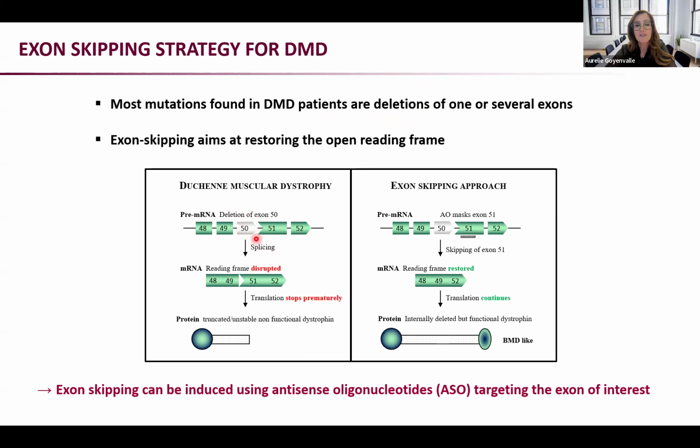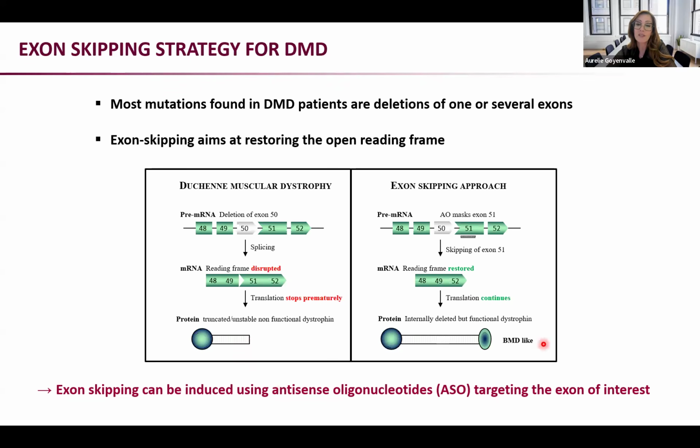And the deletion of exons most of the time disrupt the reading frame, as it is the case here, where exon 49 and 51 are not in frame. And so you have the appearance of a premature stop codon that stops the translation, and the protein is truncated